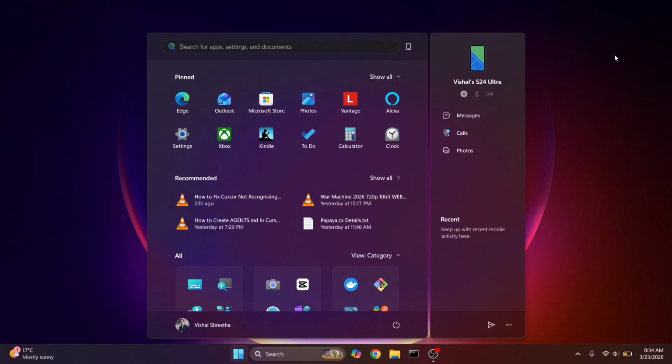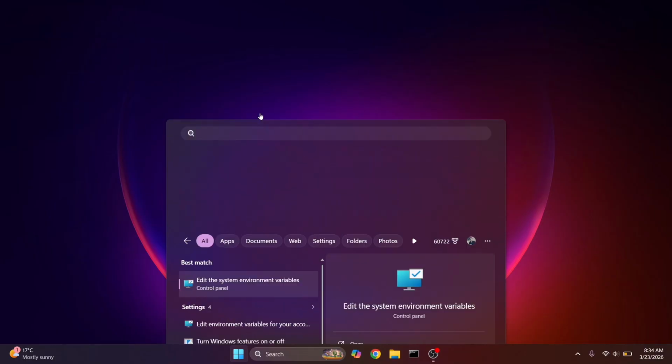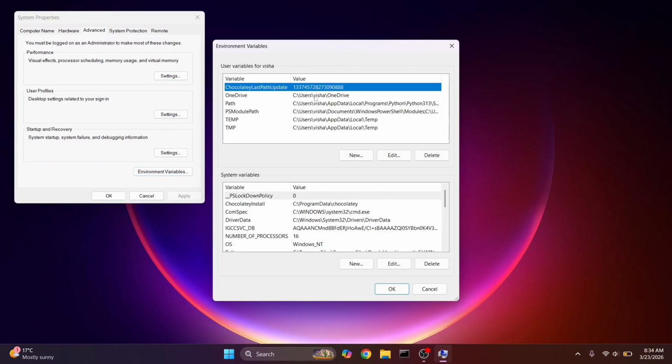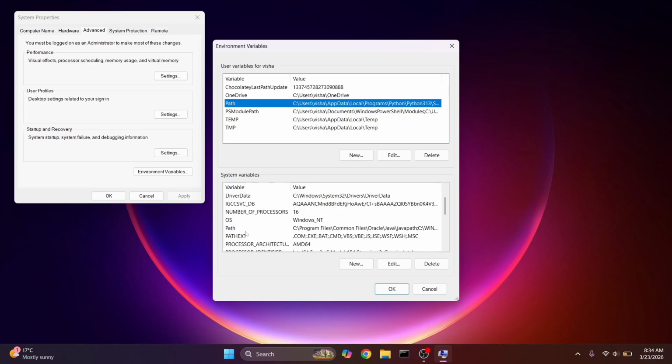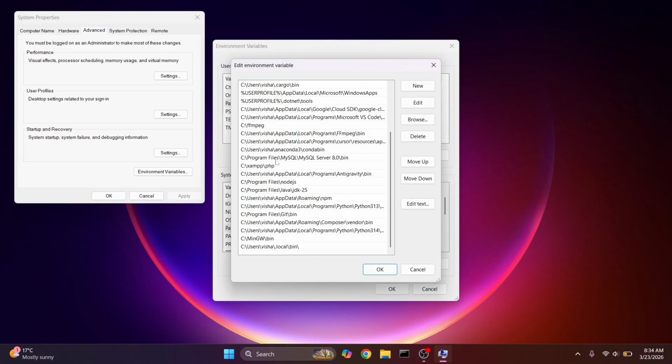Press your Windows key, search for environment variables, click on it, click on environment variables. Here in your user variables for Vishal, or whatever your username is, double click on Path. Now, one thing to note is if you want Ollama to be accessible to other users in your PC, if there are other users, you need to do this in the system Path. Okay, if you add this to the current user's Path, it will only be accessible by the current user, but that's what I want. So I'll just click on this Path, scroll down to the bottom and click on New,